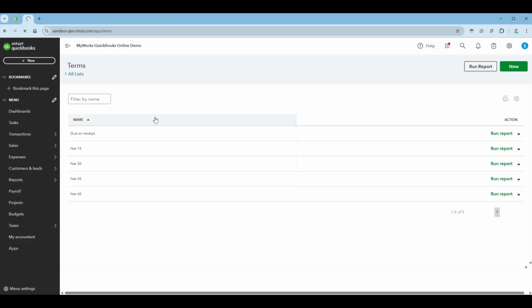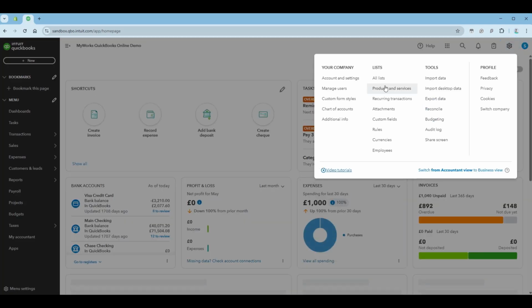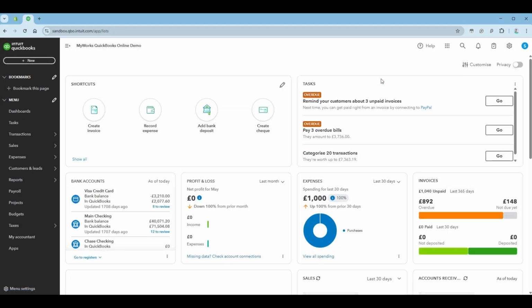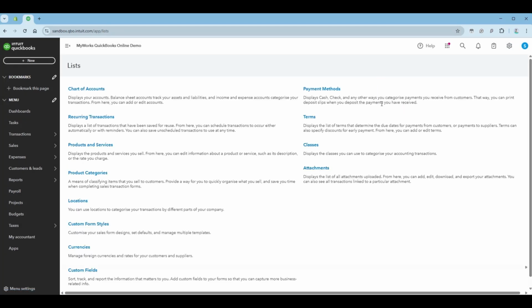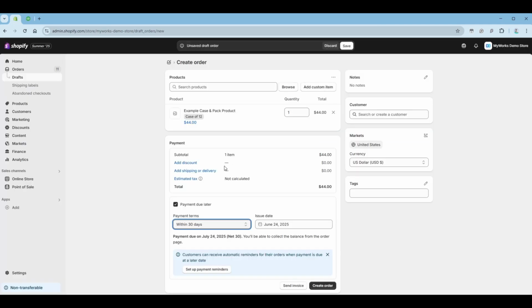So on the QuickBooks side, to show you where those terms are, I'm already inside of it, but let's go back to the beginning. Go to this little settings cog top right, all lists, and then terms. So if I'm offering Net30, I would just make sure Net30 is set up in here, although there are some already set up in here by default, and it is the most common ones. Moving on,